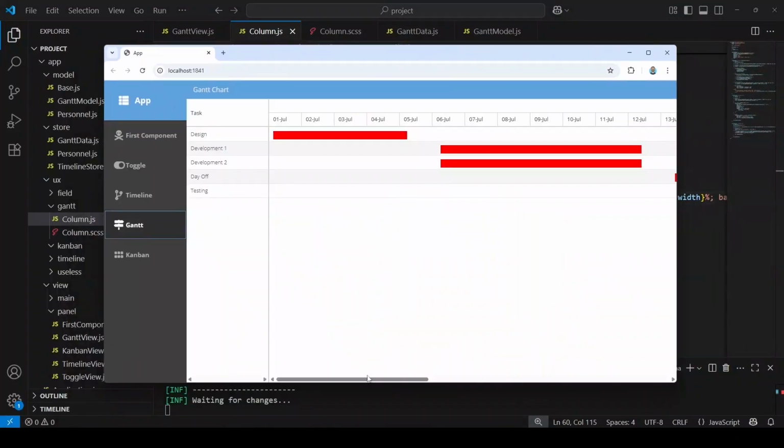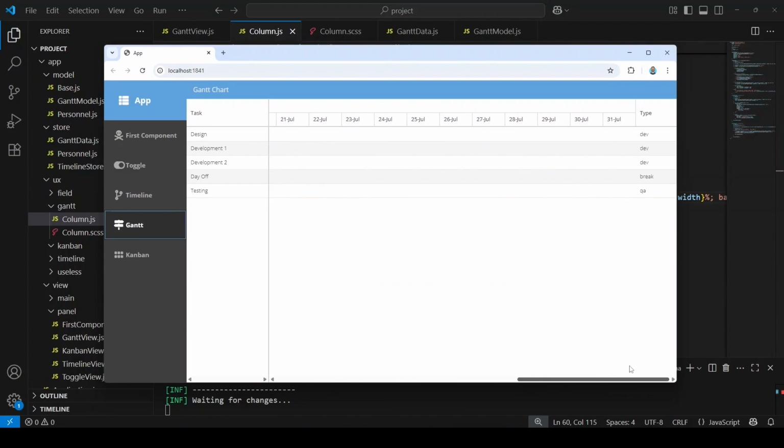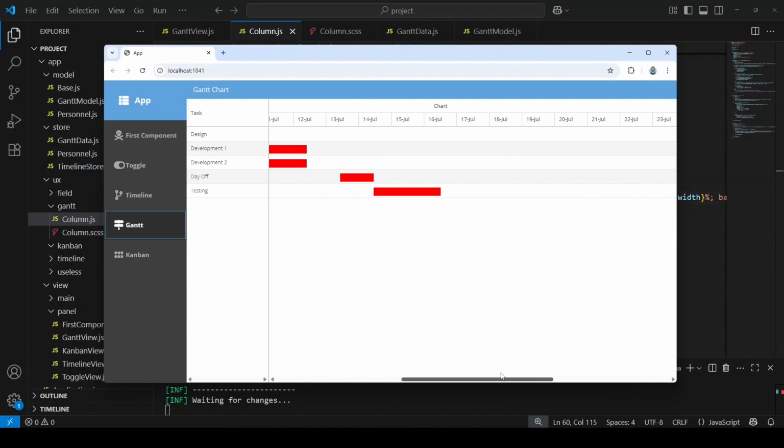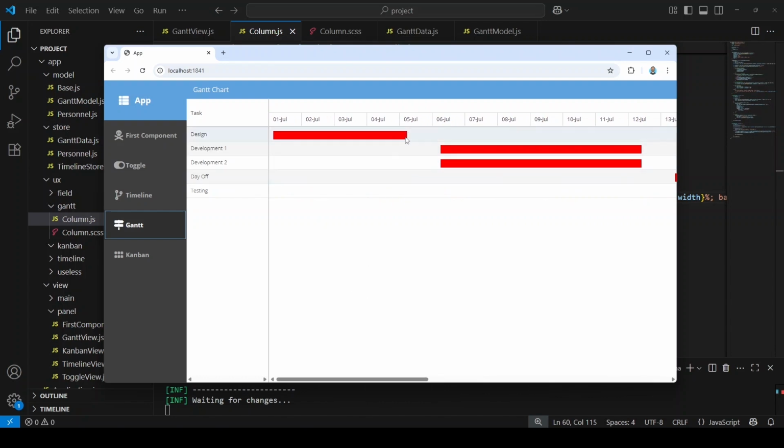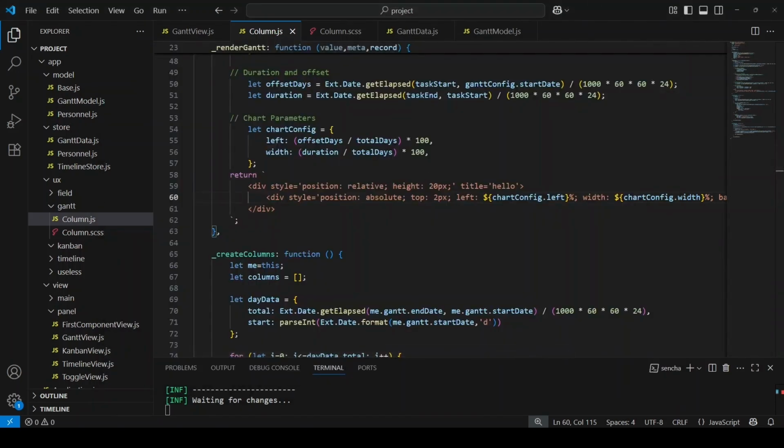So we go and check that out. We got a fully functional Gantt chart, okay? There might be a few issues, like this is not exact. This is my mistake. Let's see if we can solve it. We might not have the time, but it's something you can take home as homework because we are also missing